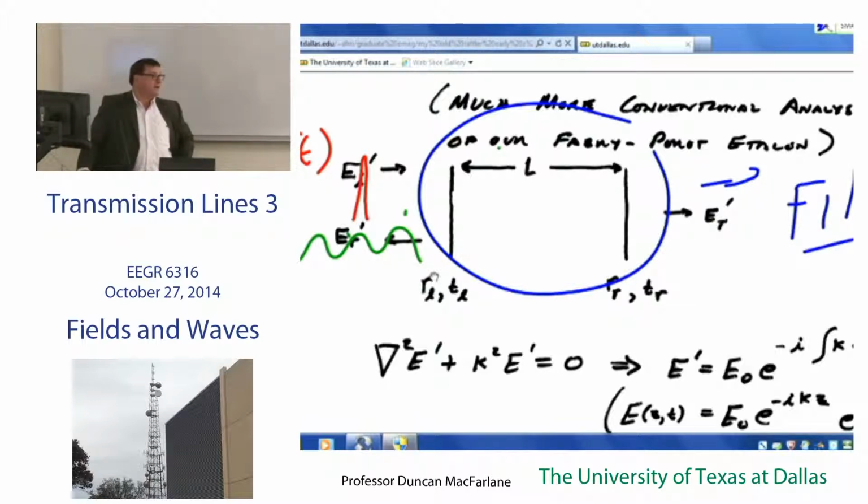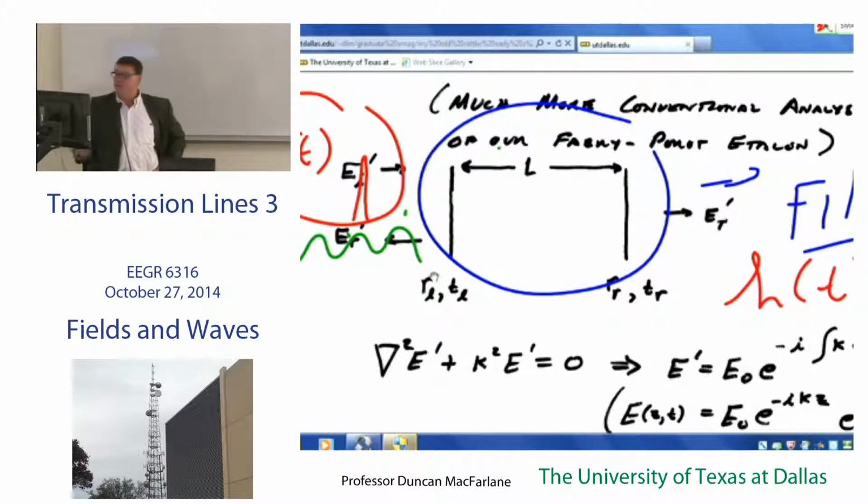And what I did at the beginning of the class, when I excited it with my delta function, I was looking for my impulse response h of t. So once I have that, I fully characterize the system. And further,